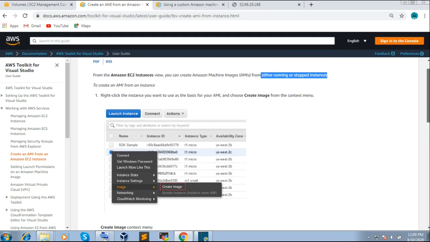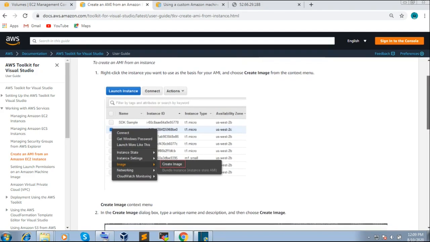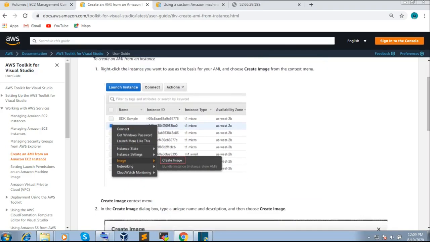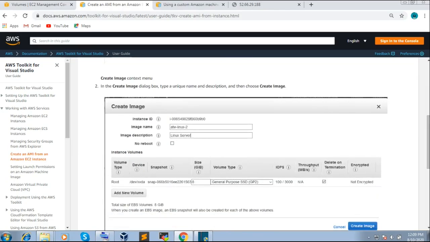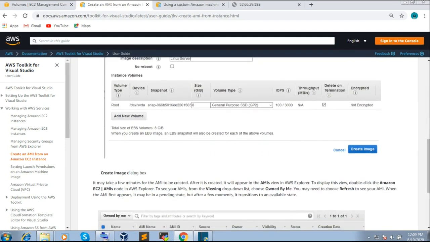In this demo, we will create it from the stopped instance. First we have to go to the EC2 dashboard, select the instance from which we want to create the image, right-click on it, go to Image and Create Image, and give a description of the image.